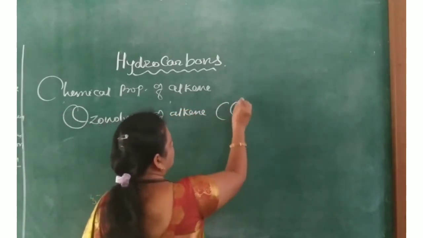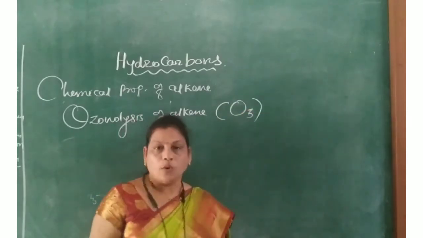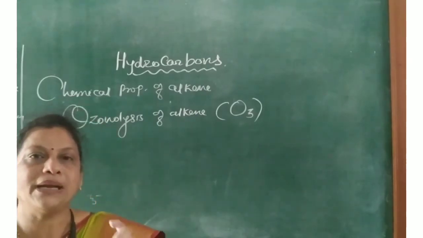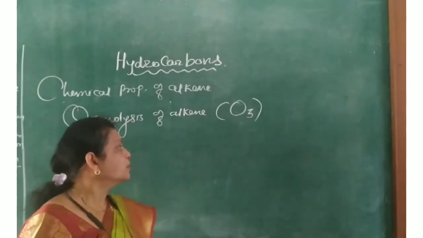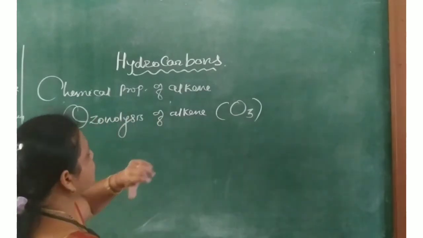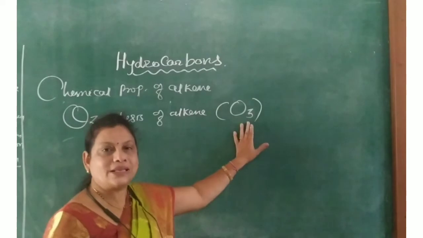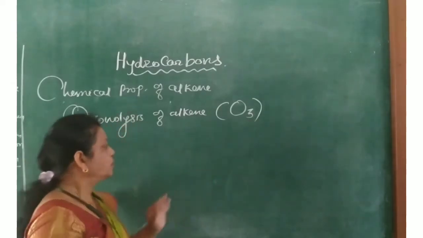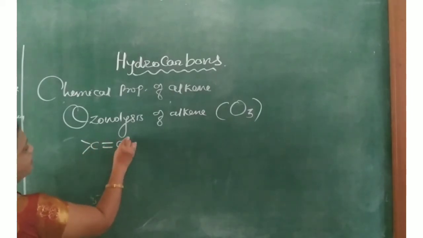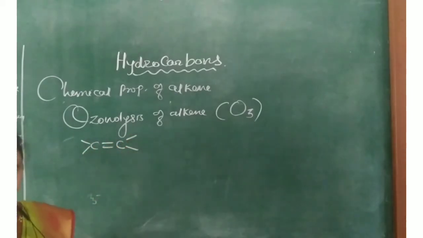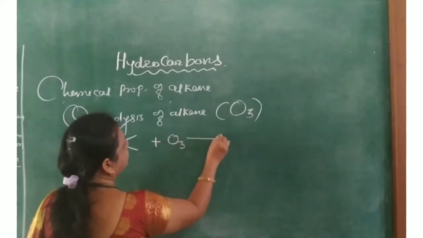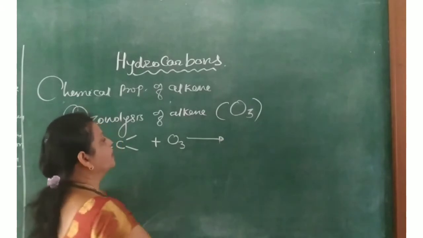Okay, ozonolysis means addition of an ozone molecule on an alkene across the carbon-carbon double bond. So here that is called the ozonolysis of alkene. Ozonolysis of alkene is carried out in the presence of carbon tetrachloride. So here, if we consider an alkene, C double bond C, plus ozone, O3, containing 3 oxygen atoms, in